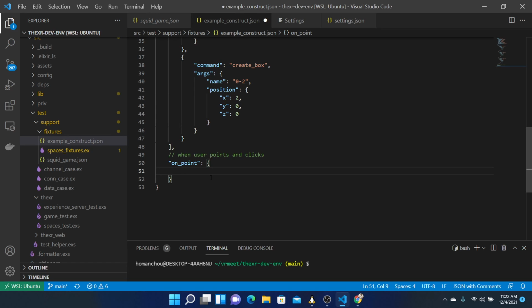We want to set a variable, and this has to have a key, which can be the name of the box, and a value, which can be